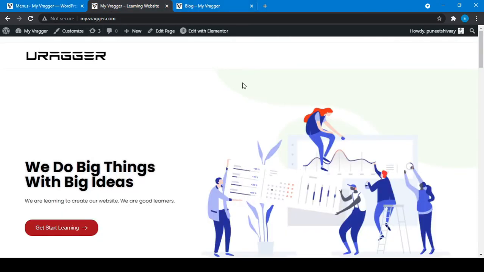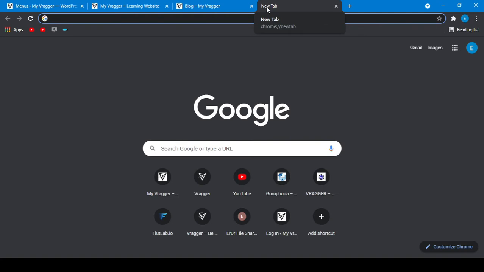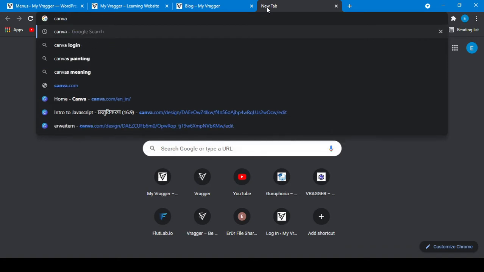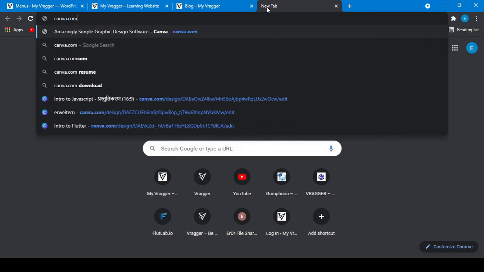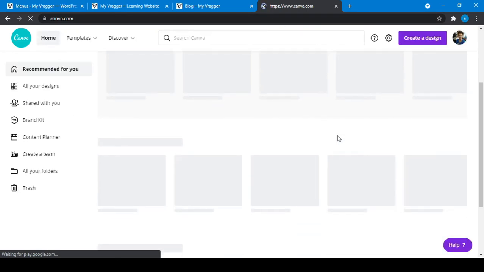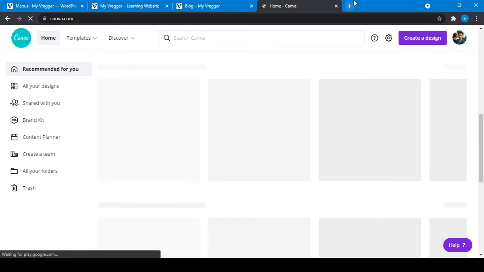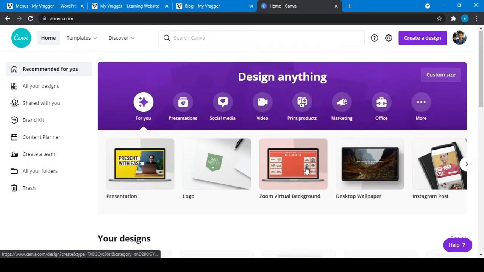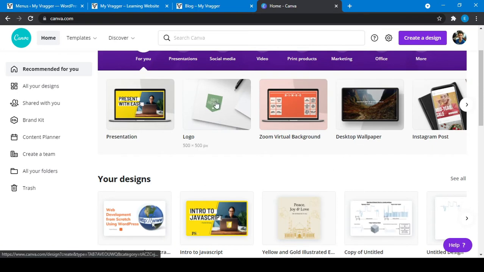To create a logo, you just go to Canva, canva.com. If you are a new user, you have to sign up here. Then you just choose a logo.